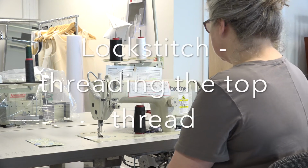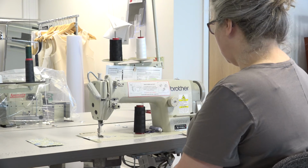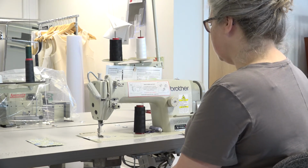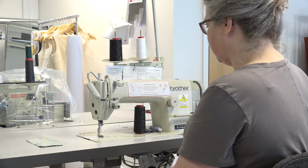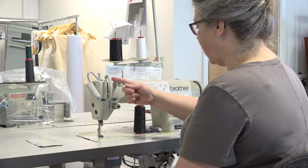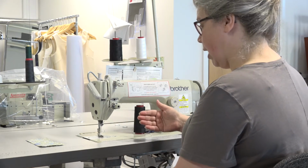The video today is going to cover the use and the threading of our Lockstitch machine. Before we start with the threading, we're going to cover some basic health and safety. So what we have to consider is if we have long hair, as myself, we need to keep it tied back because we have mechanisms that move here, and it's important that we don't get trapped